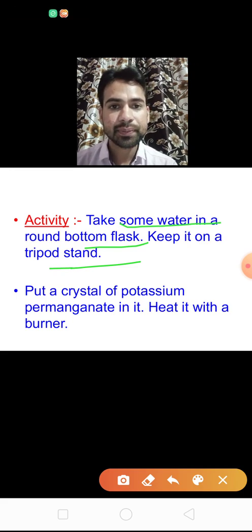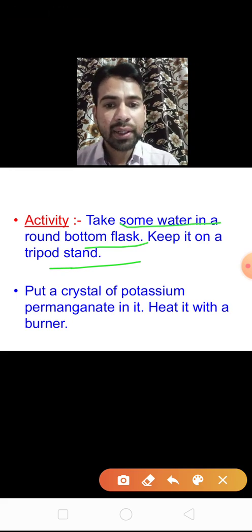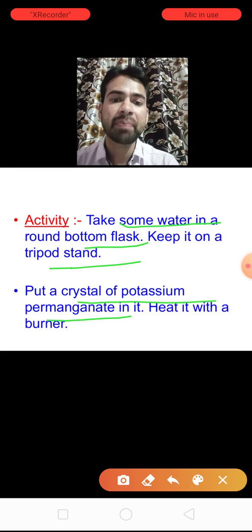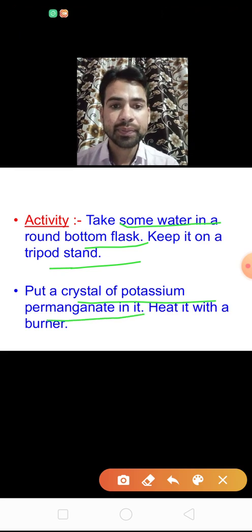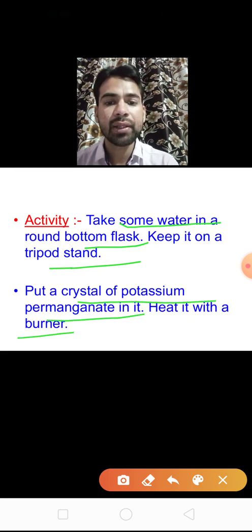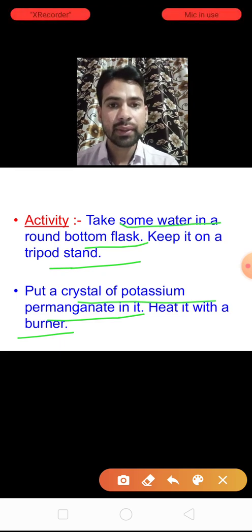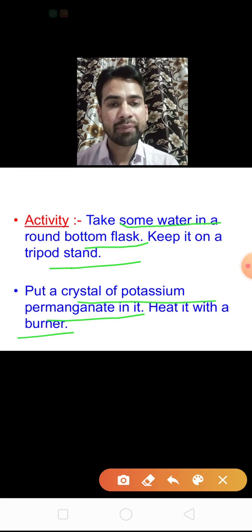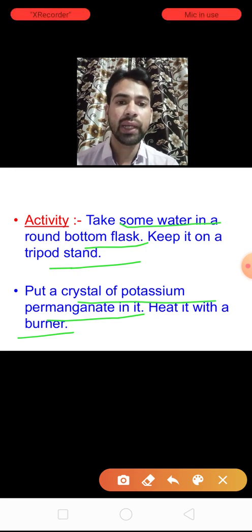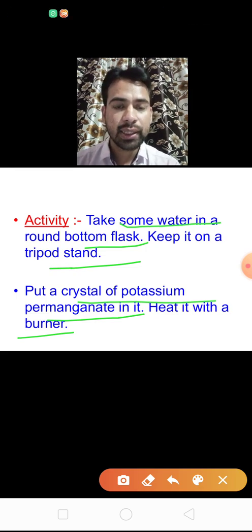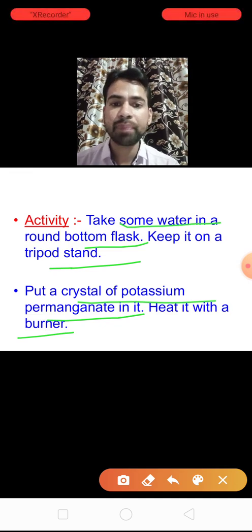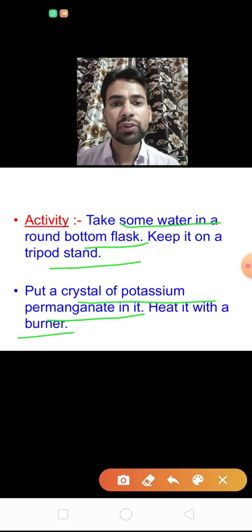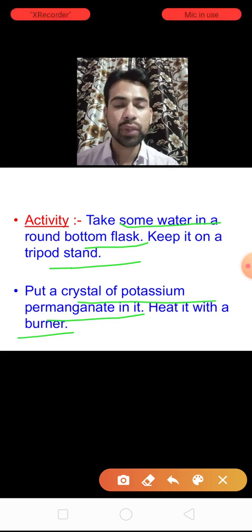After that, we put a crystal of potassium permanganate in it and heat it with a burner. Children, when school opens, we'll go to the science lab and perform this activity. We'll take a flask, put a crystal of potassium permanganate in it, and by use of a burner we can provide heat to the